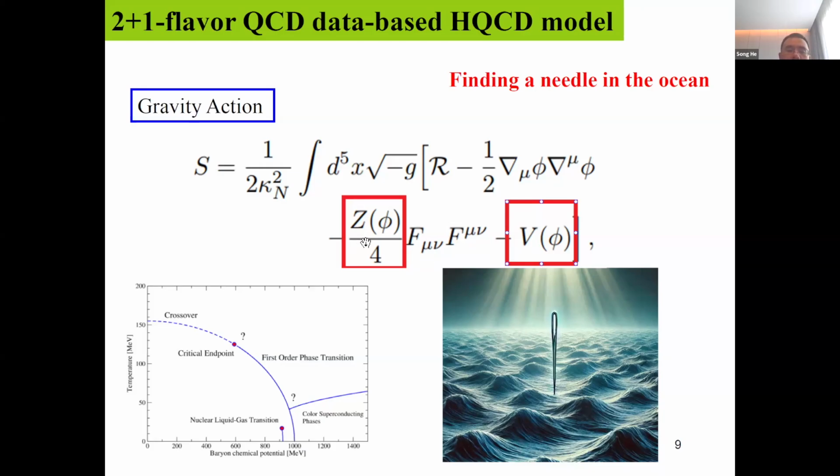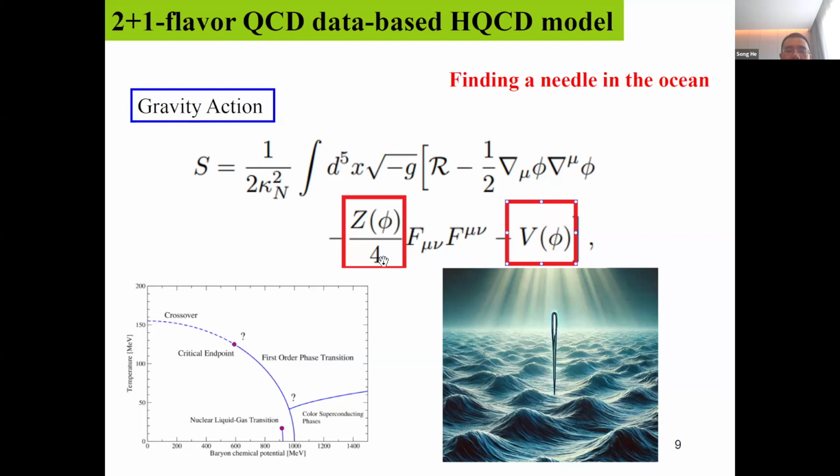But this is a functional. So there are two functionals, and to precisely determine them we have to depend highly on the data, because there is no guiding principle to tell you. We just know roughly the model structure, but we have no concise structure for Z(phi) and V(phi). This is phenomenological, and we have to be highly sensitive to the data. So we have to choose the proper data to determine Z(phi) and V(phi) using the following algorithm, which I will introduce in the following slides.